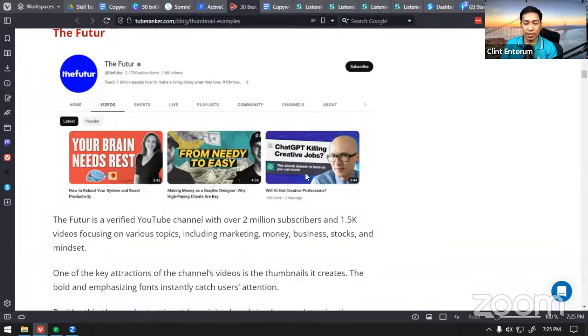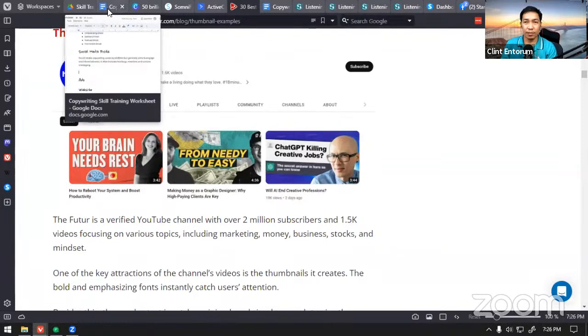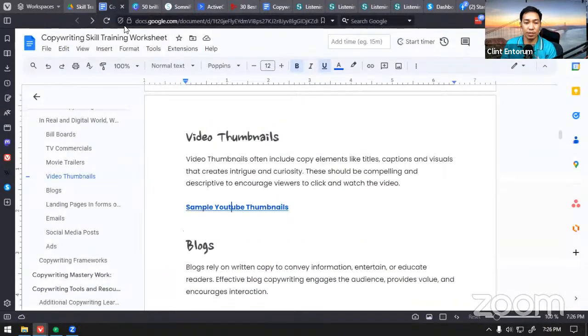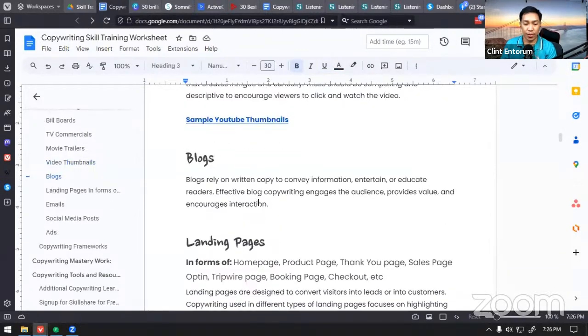That's a good one. ChatGPT killing creative jobs. So that's a good headline there. So that's what copywriting more likely is. It's about using text more effectively, and choosing words very meticulously, what to put on screen.